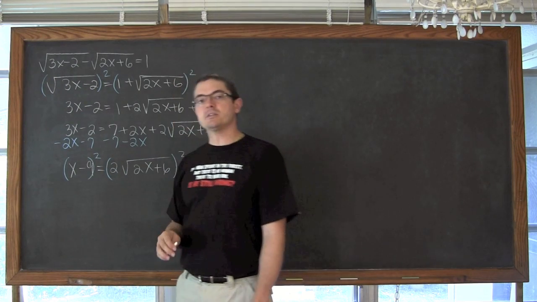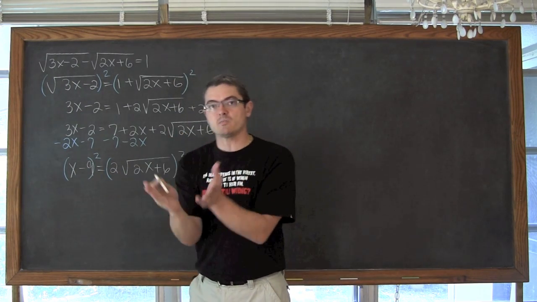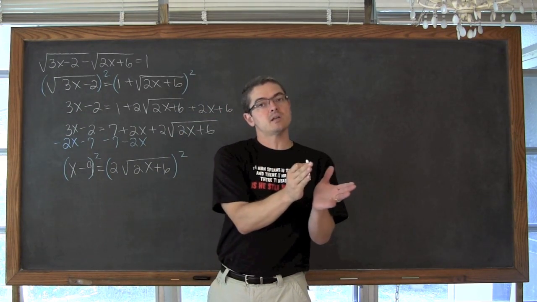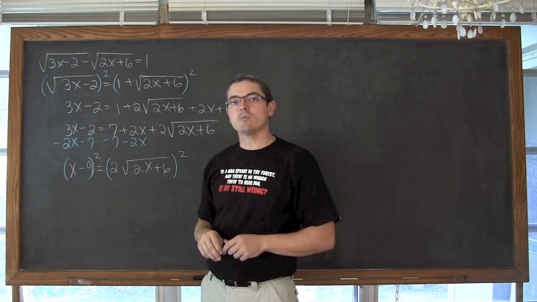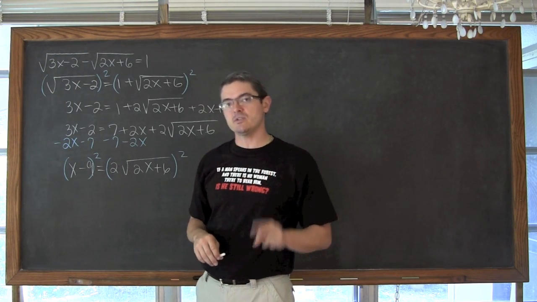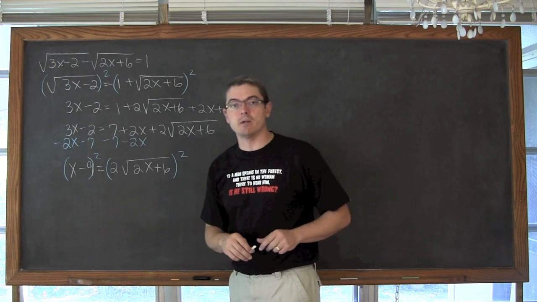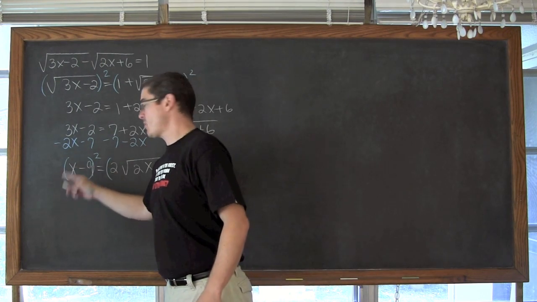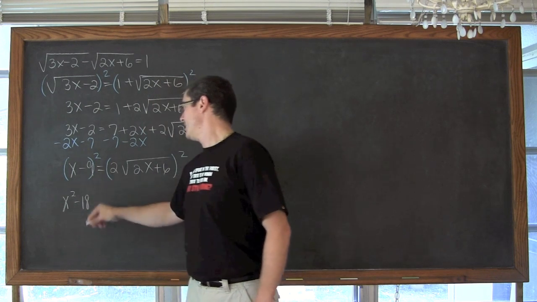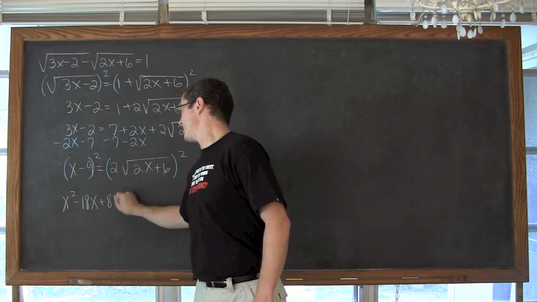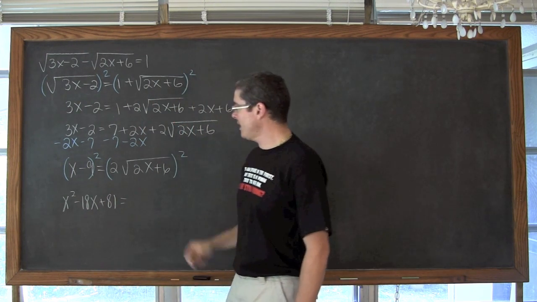Now x minus 9 squared is x minus 9 times x minus 9. You need to distribute those two binomials together. So make sure you write it as 3 terms like it should be, not just 2. Don't just write x squared minus 81. This is going to be x squared minus 18x plus 81,